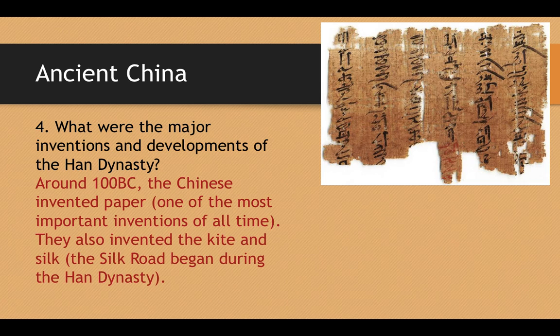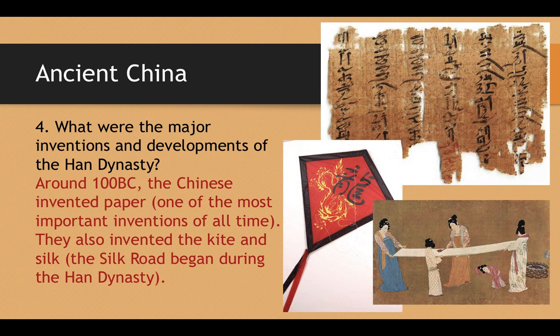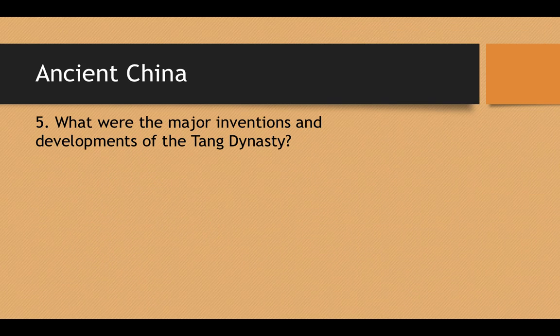All right. They also invented the kite. They also invented silk, which was really important for the Silk Road, which began during the Han Dynasty, and we'll talk about that in just a minute. Okay, so the Han Dynasty was big into inventions,